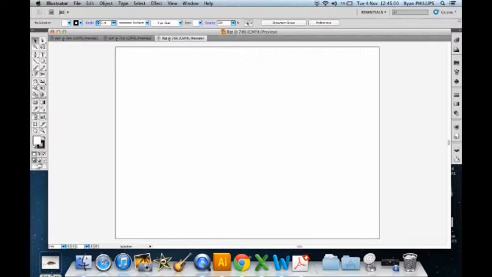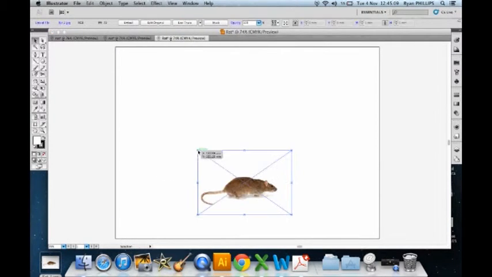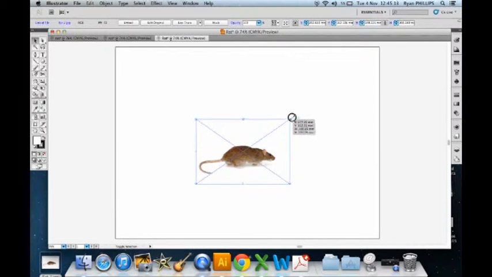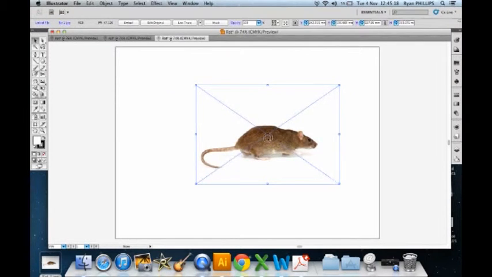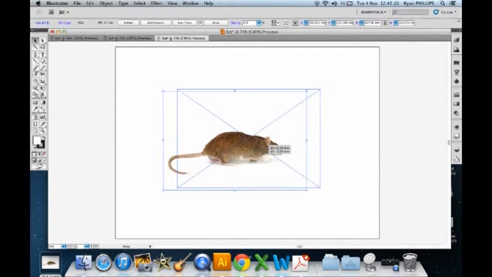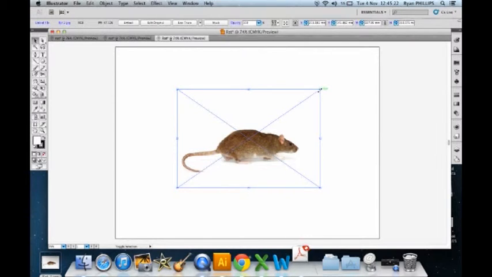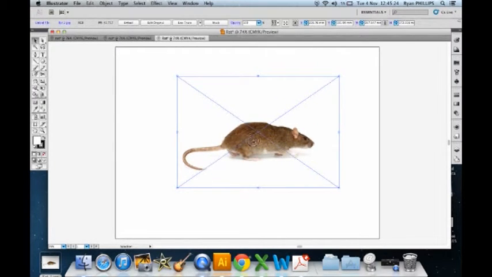And then after that it will present me with this artboard, as where if I was in Photoshop it would give me a canvas, and I just want to drag my image into the artboard, and then if I hold shift whilst dragging the image in order to make it bigger, it will maintain its quality. So once I feel the image is big enough for me to trace,